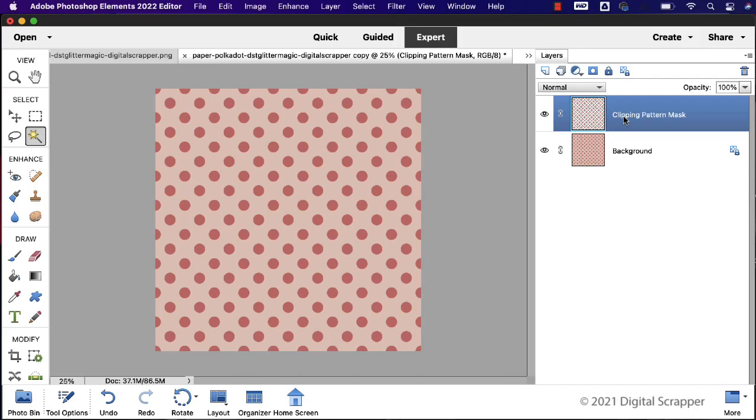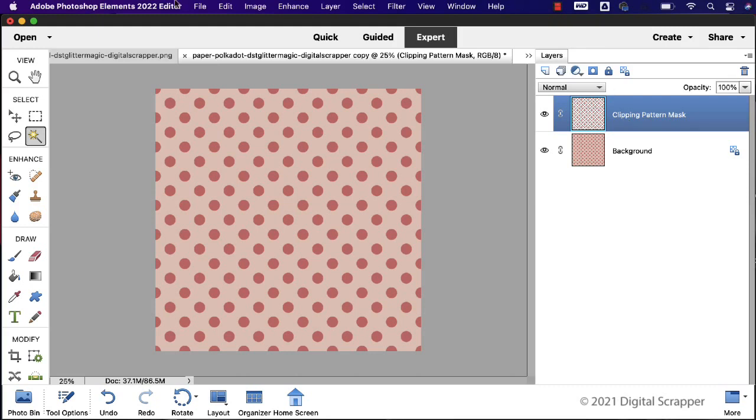Now we're going to add a drop shadow. Remember, a little goes a long way. We want to add just a hint of dimension because glitter is not flat. It may be difficult to see the effect, but the settings we use here are going to be just enough to give the glitter that glued-on look. If you'd rather the glitter pattern pop off the page, then you'll need to use a larger drop shadow.